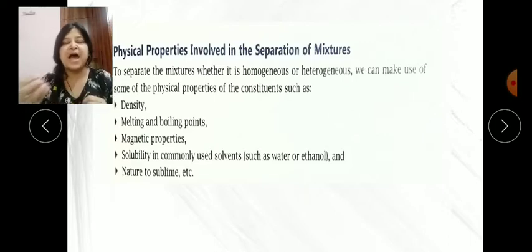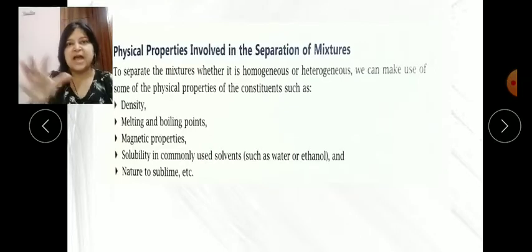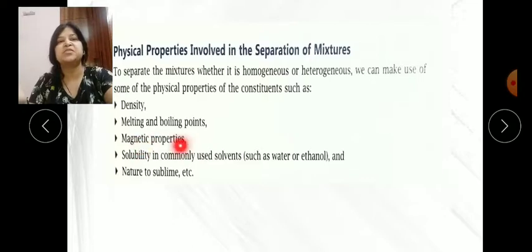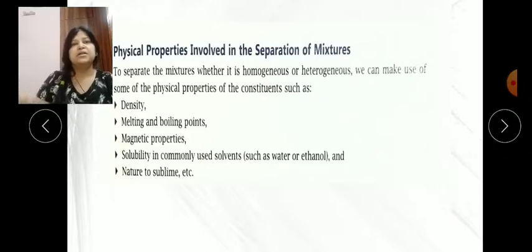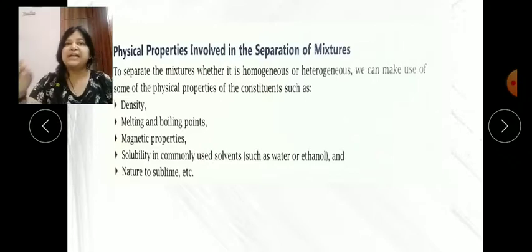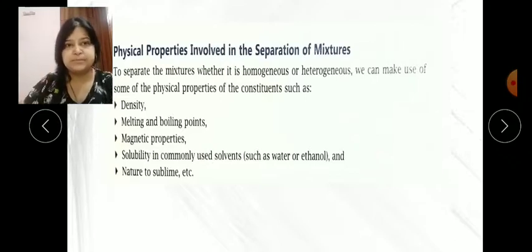We know that iron has the metallic property, it can easily be attracted by the magnet. So for separating the sulfur and iron filings, what should we do? Based on the magnetic properties, we can easily use the magnetic separation method. Okay, so like this, based on the density. Okay, so you know your mother is using sieves also for flour, different kinds of sieves she is using based on the density or particle size.